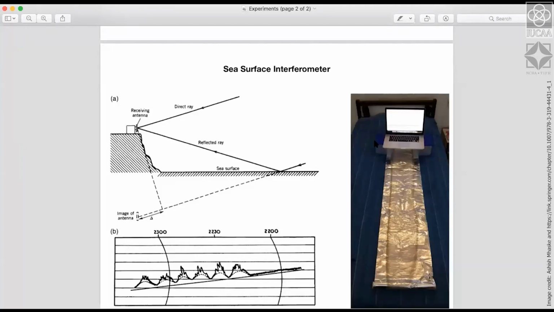One more thing to keep in mind is that keeping your laptop in this orientation is not recommended. You should keep your screen facing the other side, because the ray might hit the screen and then interact with the antenna. So you might get a third ray reflected from the screen. To avoid that complication, you can just turn your laptop sideways.